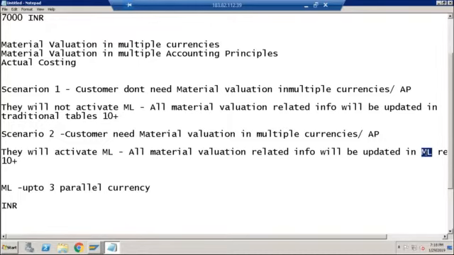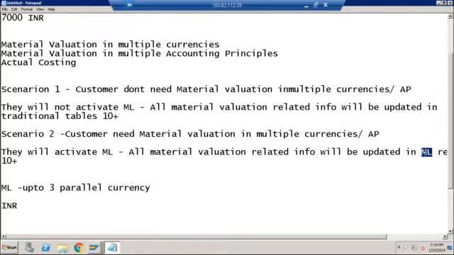So in short, in SAP ECC there were two sets of tables. I'm repeating, I'm making it very simple. In SAP ECC, we have two ways of valuating materials. Number one, traditional inventory valuation, which only allowed one currency, one accounting principle, and no actual costing.